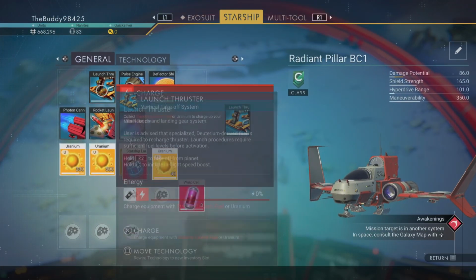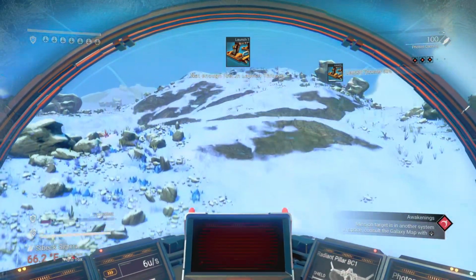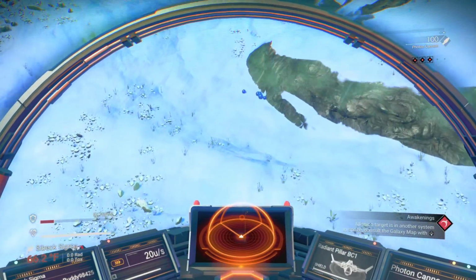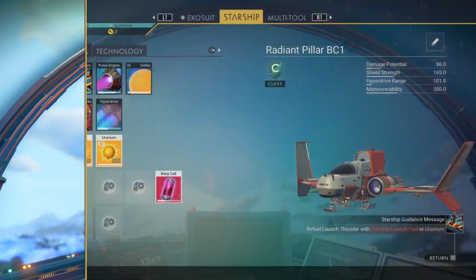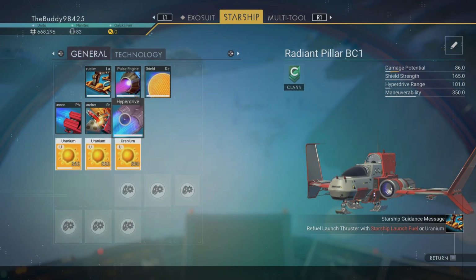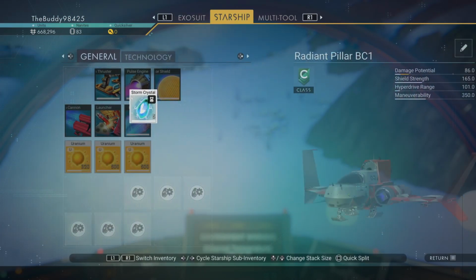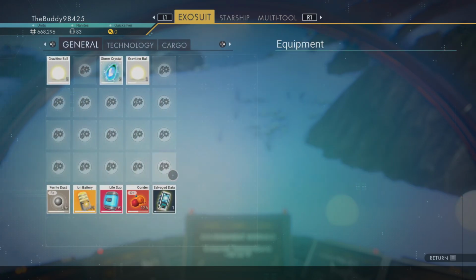Oh, forgot to refill my launch thrusters. So my ship's taking a little damage, but it usually isn't so bad when it's coming from the ground. Oh, there's some more. Look at that. I'll refill my launch thrusters. You know what? Maybe I'll even refill my hyperdrive, get an extra space, because then I can move. I'll just start filling up my...